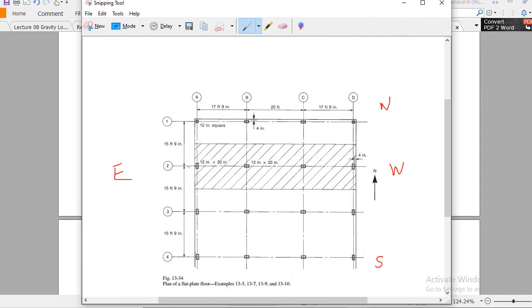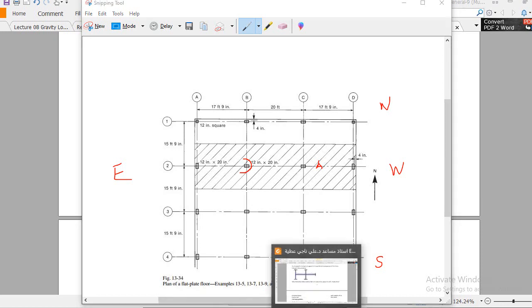Let's say I pick this column, in the long direction, or the east-west direction. This is frame A. I choose this column because we run the analysis for the interior frame, not for the exterior frame. So you see here we got a moment right here,